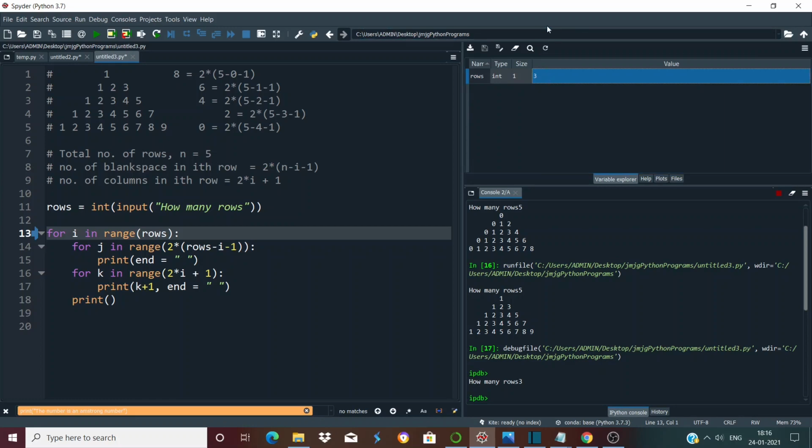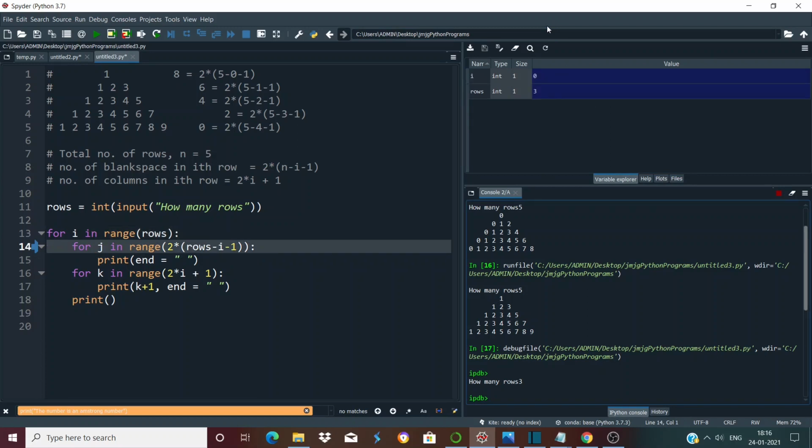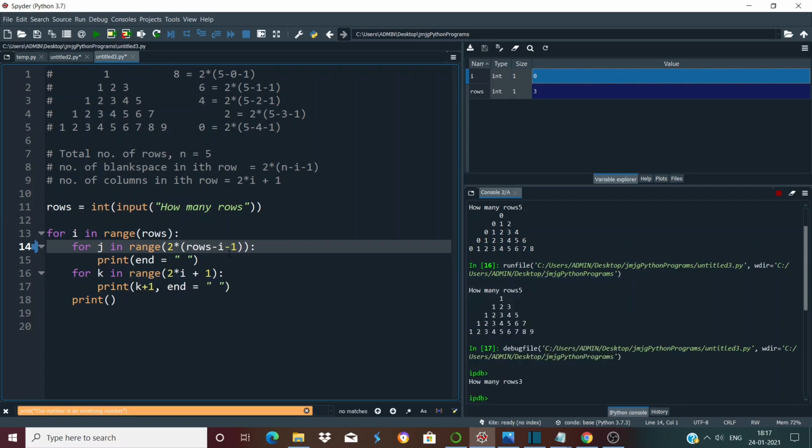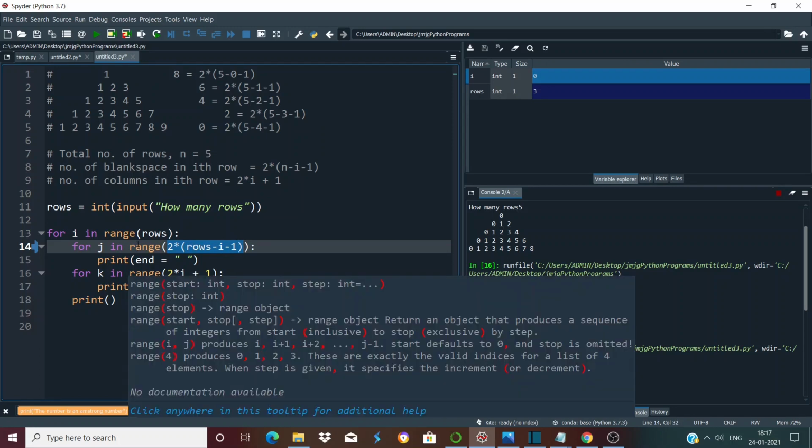So we enter the outer loop by pressing Ctrl plus F10. We have entered the outer loop and you can see the iterator variable I is currently containing the value 0. As I was just mentioning, the range function gives you a sequence from 0 to n minus 1, where n is the number that you specify in the range function, so iteration always starts from 0.